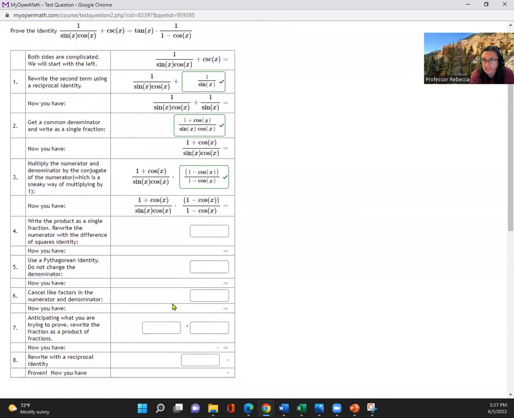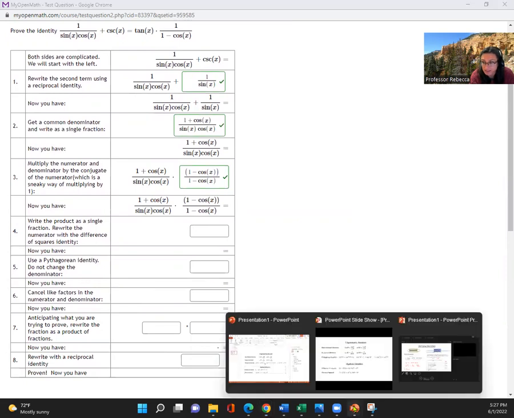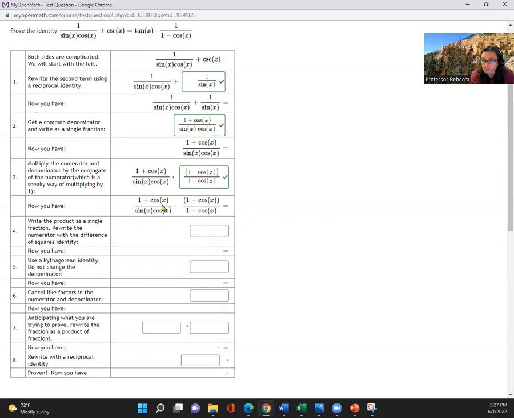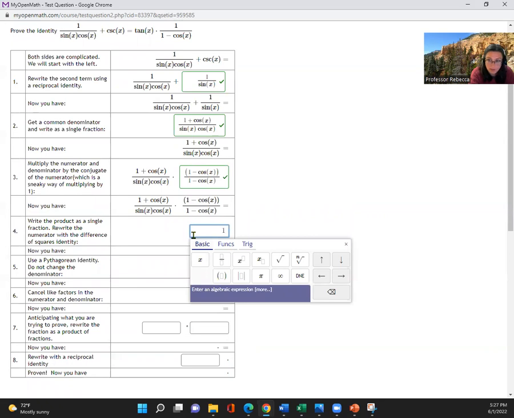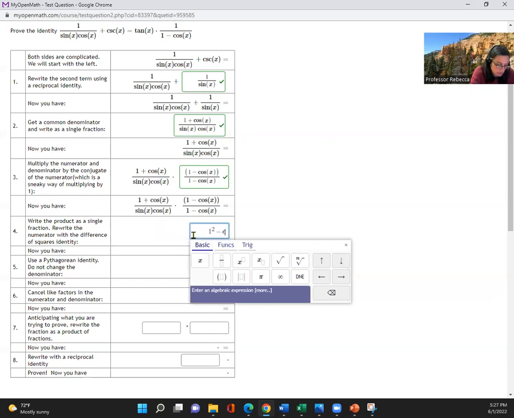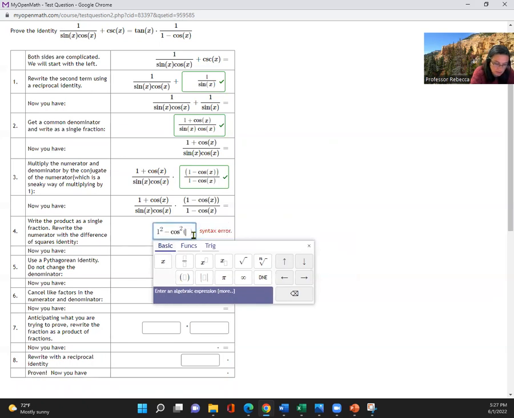Okay, moving on down. It says rewrite the product as a single fraction and write the numerator with the difference of squares identity. So as a quick review, that difference of squares identity, that's a minus b times a plus b is equal to a squared minus b squared. And I have a 1 plus cosine x times a 1 minus cosine x. So that will be equal to 1 minus cosine. Oh, I should actually write it as a difference of squares. So 1 squared minus cosine squared x